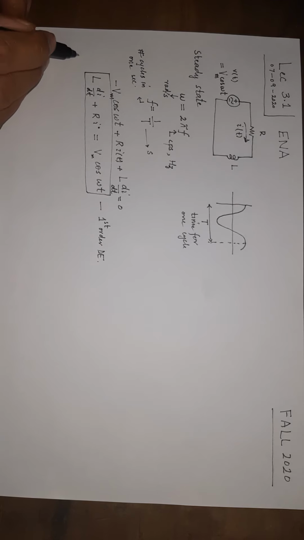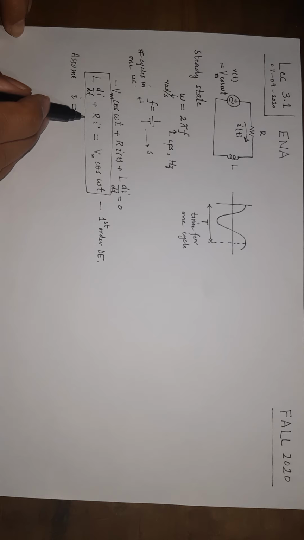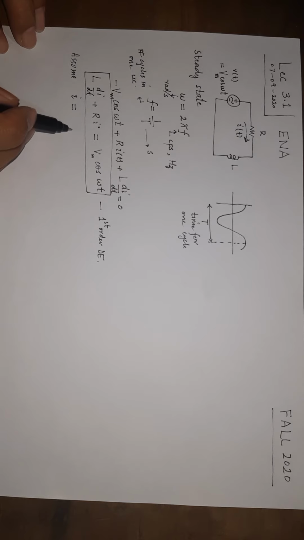So we assume I is a sinusoid. So let us assume I is a sinusoid. Look at this argument now. I hope you understand that. After that, I will write what I will be. Right now, I stopped because should we write I as one sinusoid or a sum of sinusoids? So look at this argument.